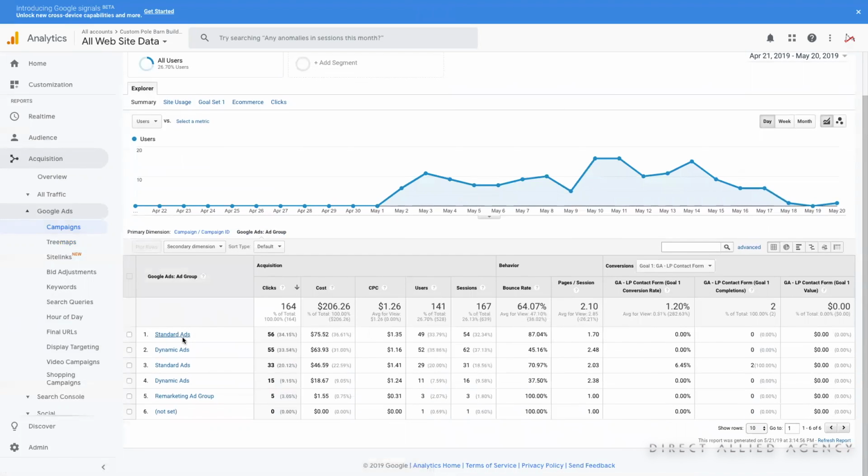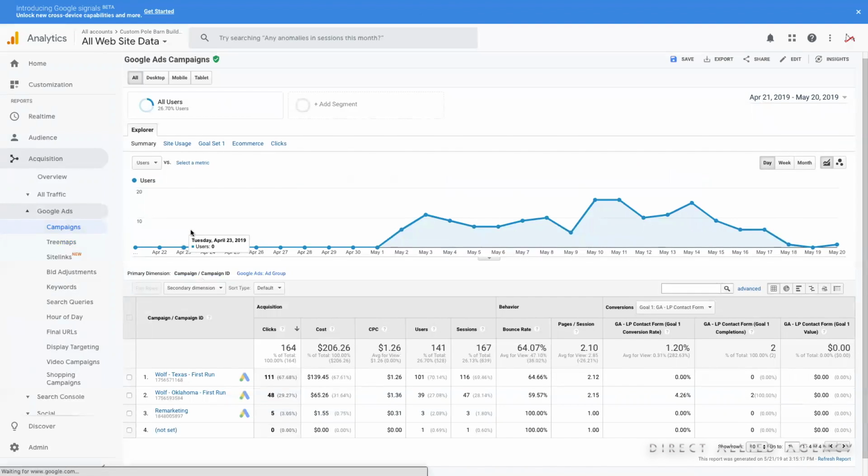So we have standard ads for Oklahoma and Texas, and we have dynamic ads for Oklahoma and Texas. So it really breaks it down. You can see that the standard ads did pretty good on this one, which is kind of unique because dynamic ads really tend to outperform the standards. So it could be a couple of reasons for that, but that's essentially what I wanted to show you today,